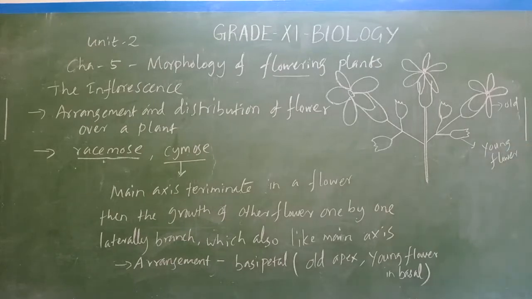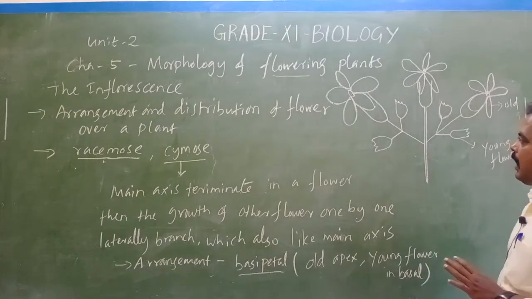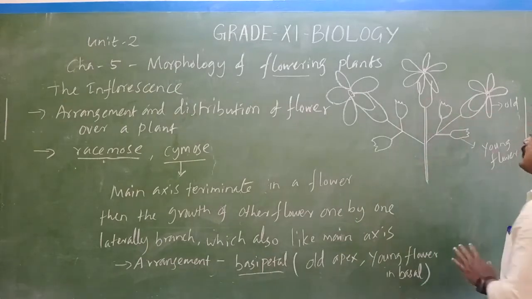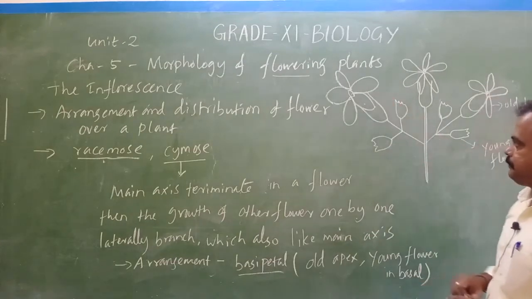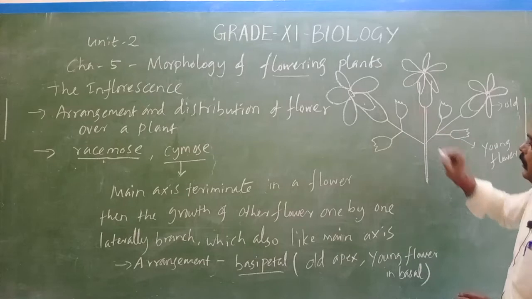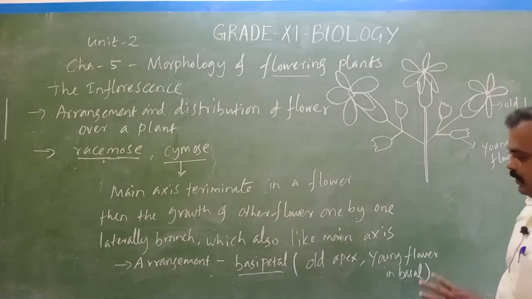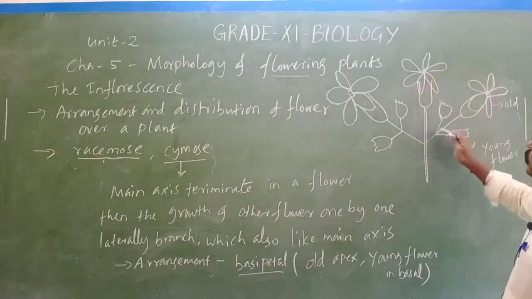It is an inflorescence, and this arrangement is called basipetal. The main axis terminates with a flower, and the next flowers grow laterally, because here also it terminates with a flower. This is also terminated with a flower. In the base, the younger flowers are arranged. This kind of arrangement is called basipetal. So this arrangement and distribution totally is called